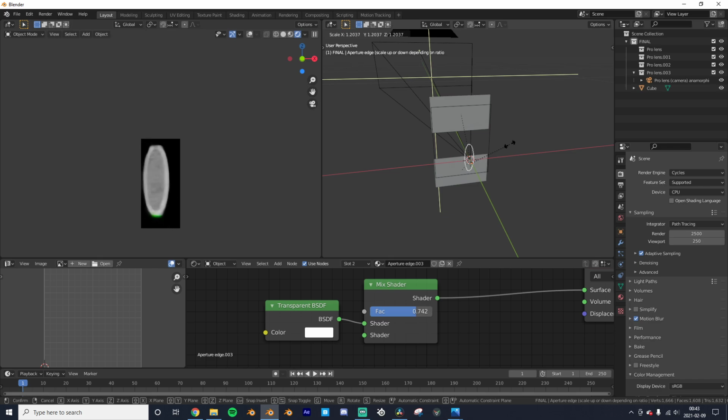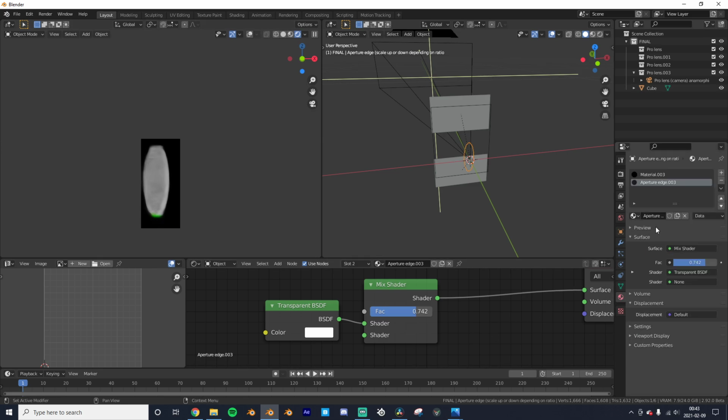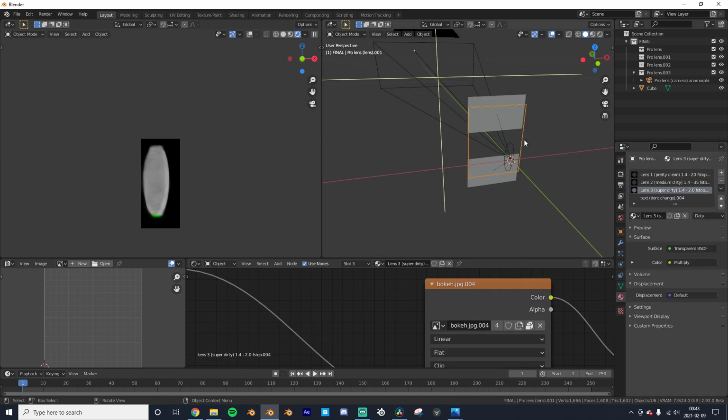So if I scale this up, you can see that it will become thinner and thinner, and I actually prefer it being kind of thin. And you can scale it down and it will be a little mini thing. Yeah, it requires a few samples there, but I like this the most. And you can see there's a little green dot right there, and that's because I have